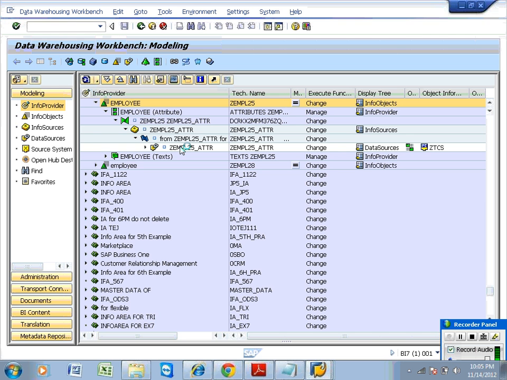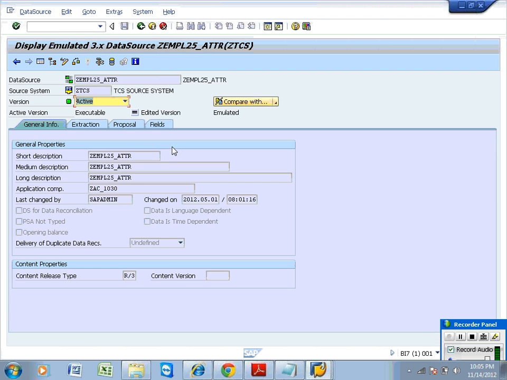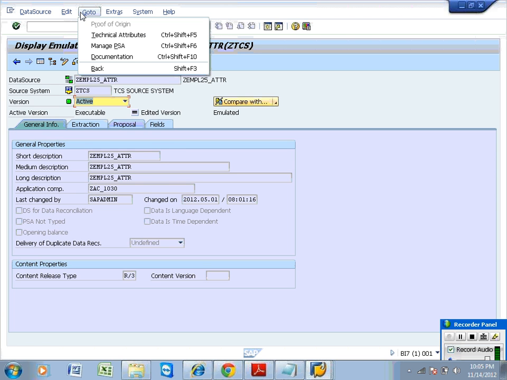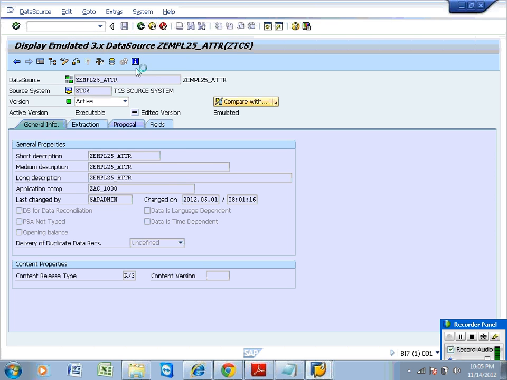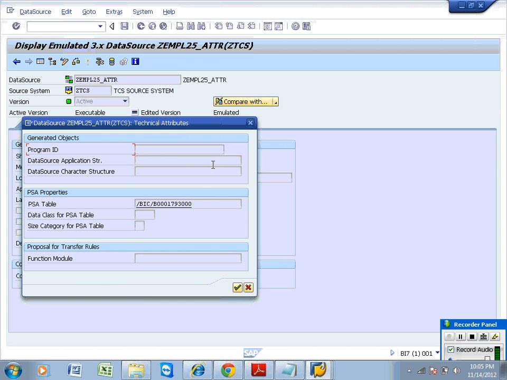Double click on the data source. This is your data source, correct? Go to technical attributes.